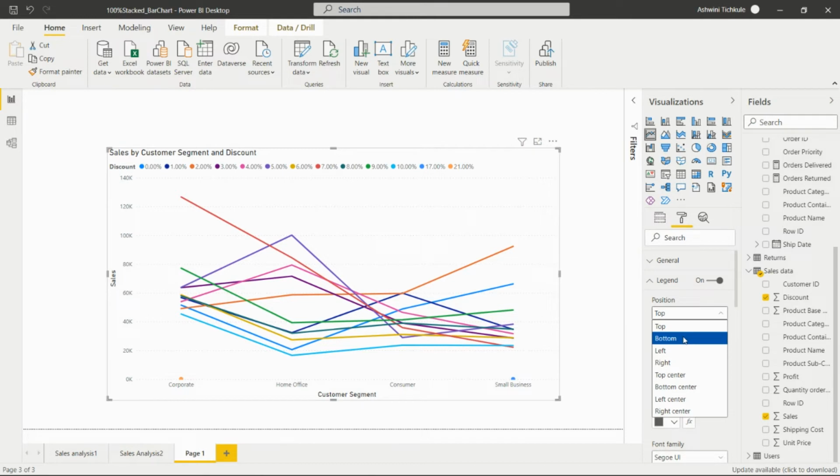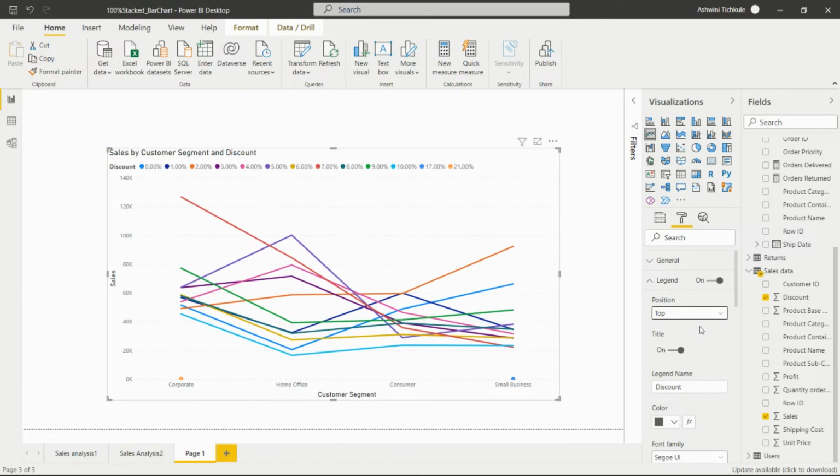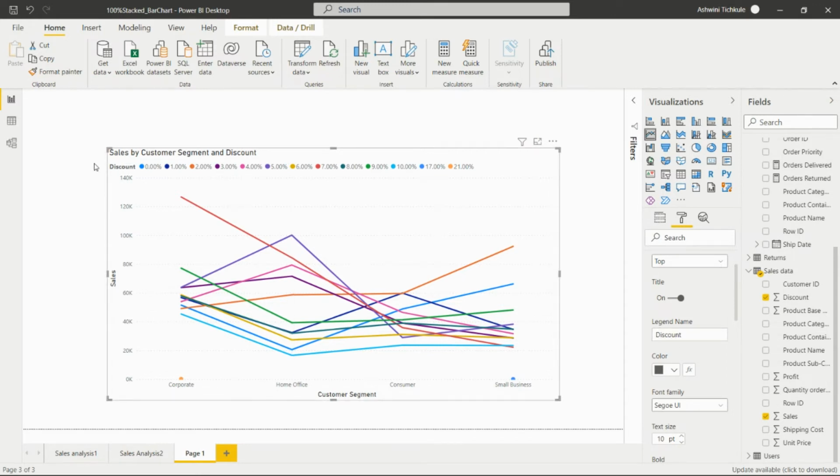If we want it at the bottom, it will come down, or if we want it at the top, we can set it at the top center and all these positions. Okay, the next option is that we can change the color for that particular legend. We can set the legend name from here. This name will be changed after changing it, and also we can style it bold, italic, and underline.